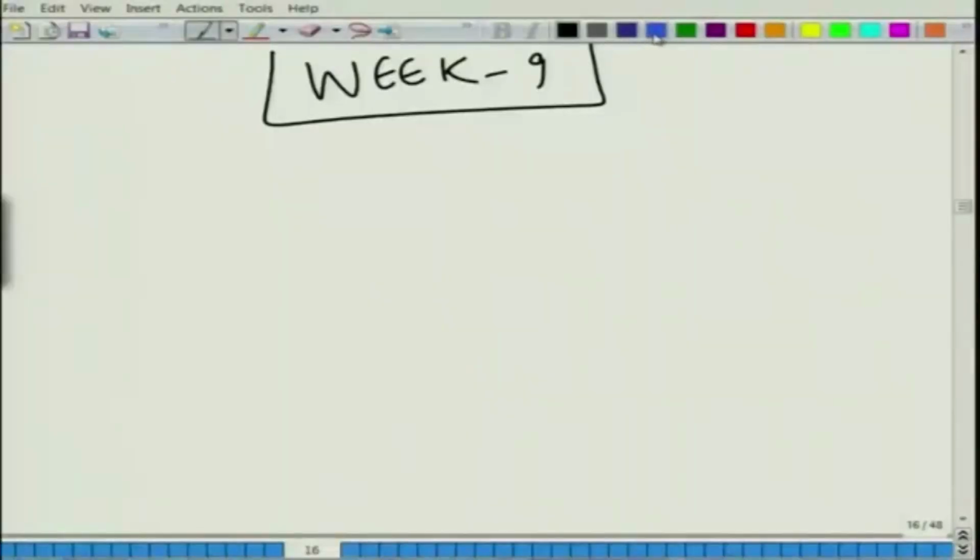Welcome to week 9 of the NPTEL course on Muffler Acoustics. As promised at the end of the last lecture, that is lecture 5 of week 8, in this week we will be primarily focusing on cross flow elements. So, let us try to understand what a cross flow element is, before moving on to more complicated things like multiply connected mufflers. In the last class we saw, before we actually talk about cross flow things,